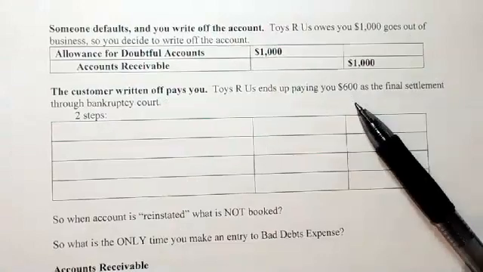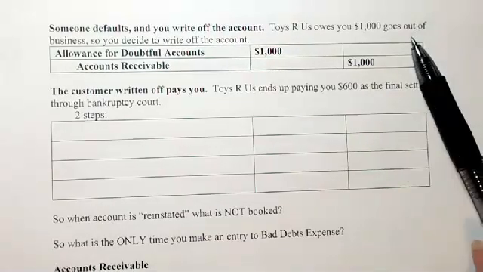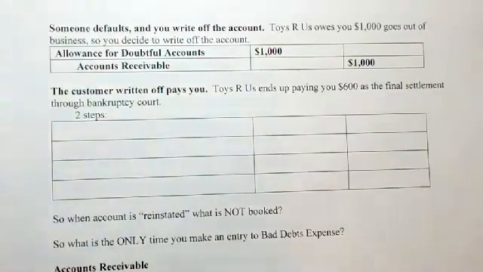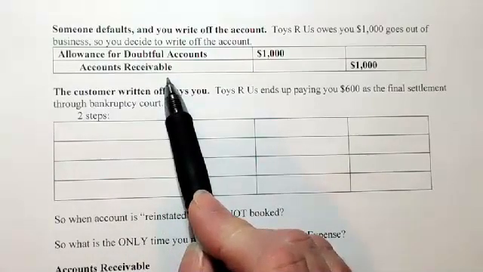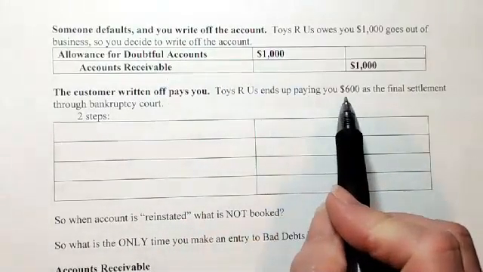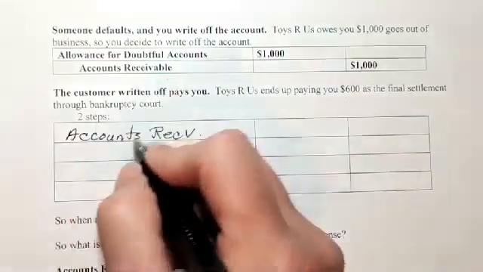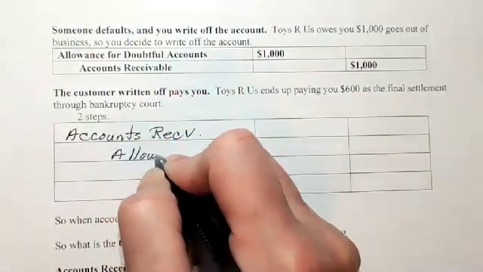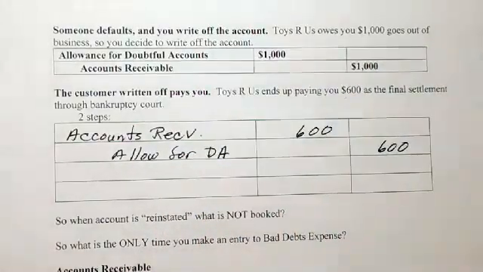As I write things off, it just reduces my allowance because now there's only 24,000 more that I think might default. Well, the question is, what happens if somebody ends up paying you? So we're going to say Toys R Us goes through bankruptcy and they end up not paying us 1,000, but 600 as ordered by the court. All we want to do is basically undo what we did before. We call it reverse this entry, just means flip it, do the opposite, but just for the $600 that they actually are going to pay us. We're going to put it back into accounts receivable, and we're going to put it back into this allowance for doubtful accounts, but just for the 600 that we are going to get. And then once we're there, we're back to where we were before, and then we just collect a receivable like we